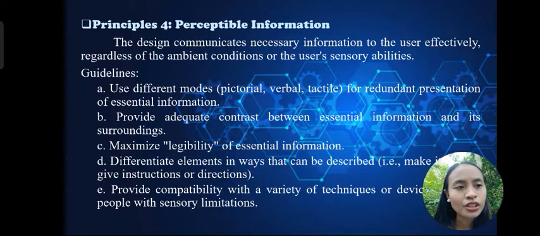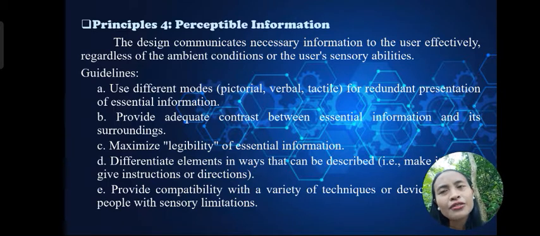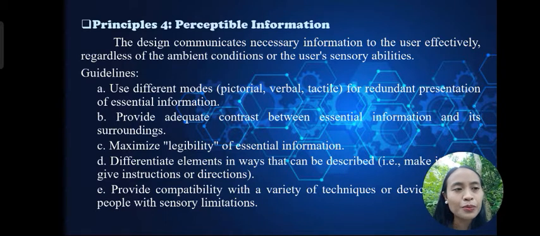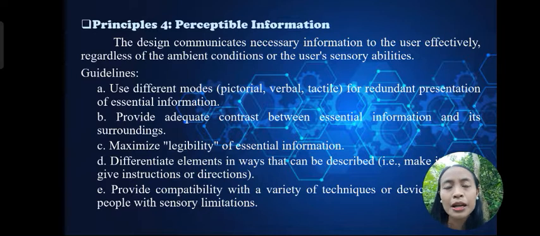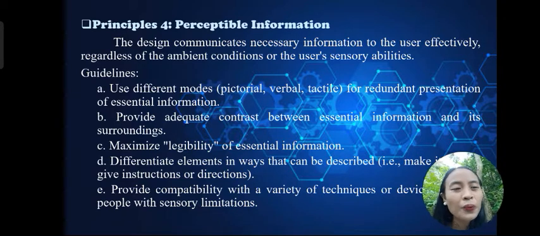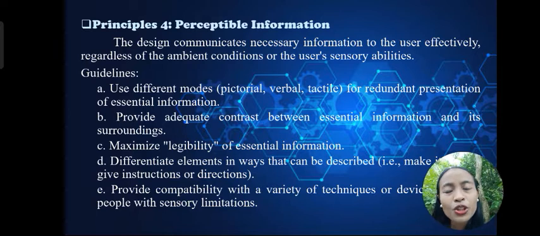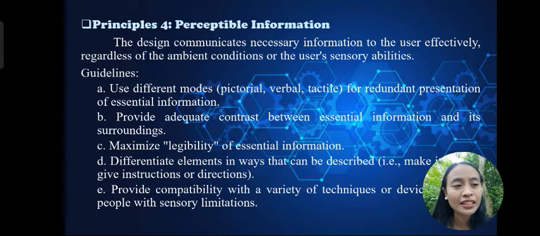So, make instructions that are clear. So, dito, for example, in the science subject, we have elements and compounds. So, in differentiating these two concepts, so these two can be described. So, for example, the element is a material consisting of a single type of atom. Pero pag sinabi natin compound, it is made up of two or more elements. So, we can provide description and in that way, mas madaling mauunawaan yung mga concepts na ibinabato natin sa ating